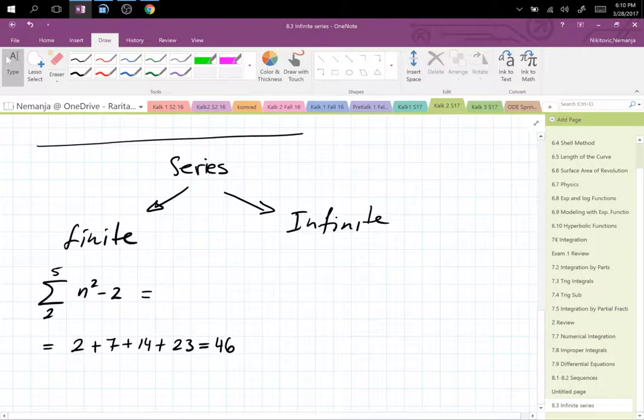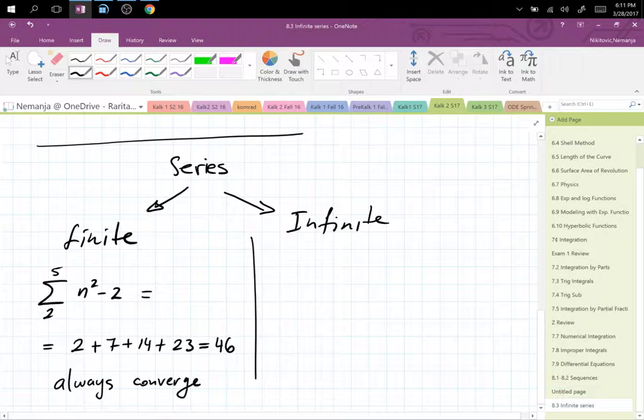So finite series always converge because you have a finite amount of numbers to add. You know, it could be 46, it could be in thousands, in millions, in billions, it doesn't matter. They always converge, not interesting. What we are interested in is this